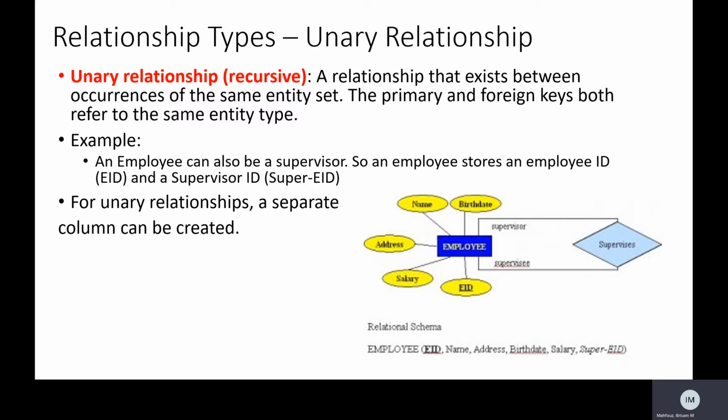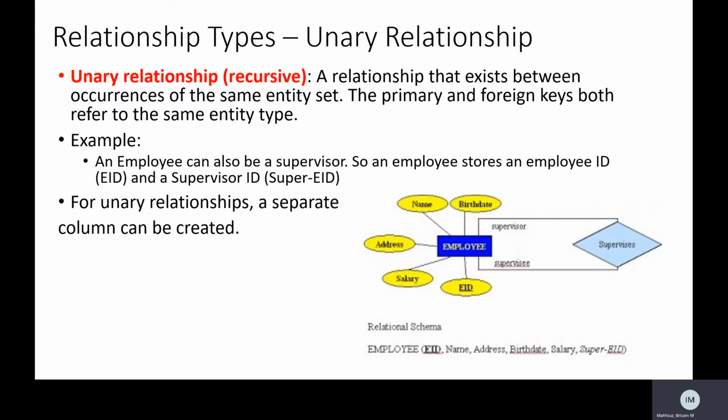So what we've seen so far are types of relationships between two entities. When I have two entities, I want to know the relationship between them. Is it a one-to-one relationship? Is it a one-to-many or a many-to-many relationship? Now, relationships can also be classified in different ways, and that classification depends on how many entities are